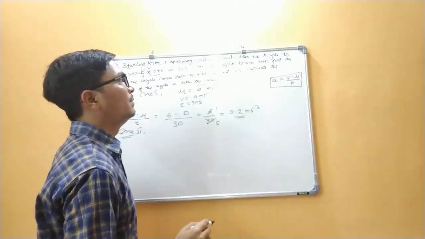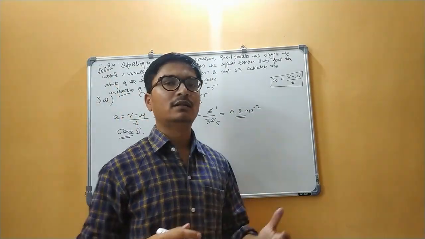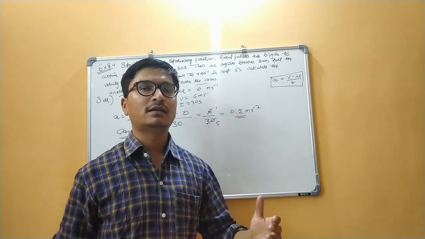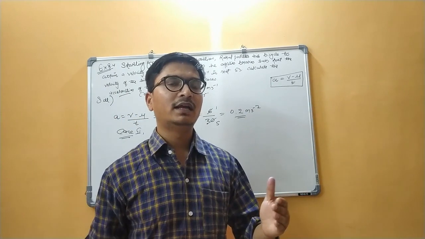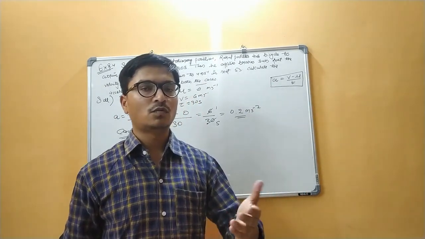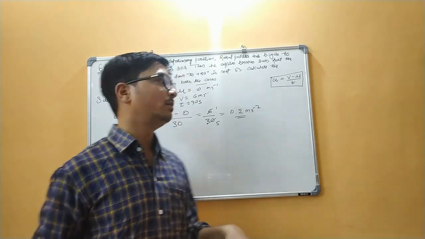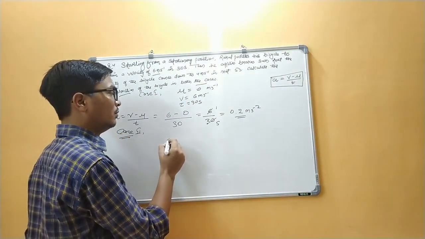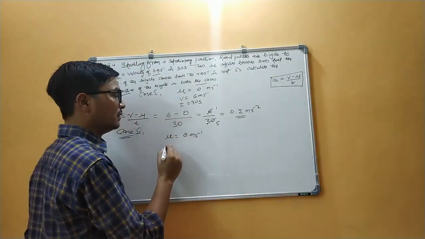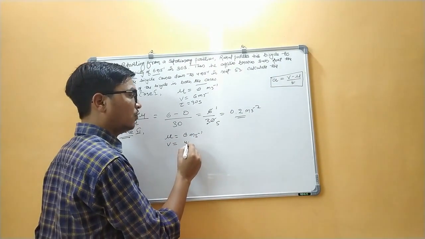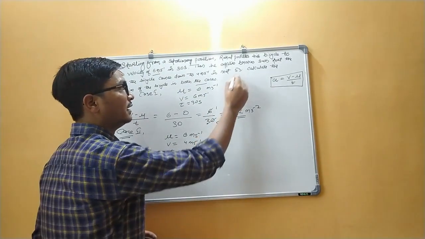What is given here? First of all, the initial velocity. When Rahul pedals the cycle, he is running with the cycle, and then he applies the brake. By applying the brake, his velocity reduces. So what is his initial velocity at that time? The initial velocity is 6 meters per second, and by applying the brake, his velocity reduces to 4 meters per second. In how much time? In 5 seconds. Here it is given as 5 seconds.